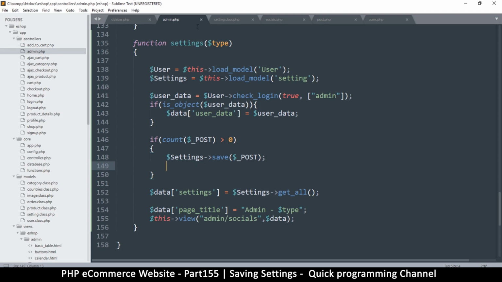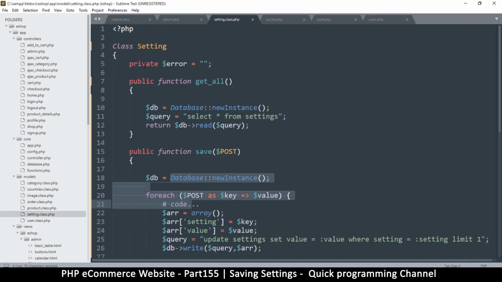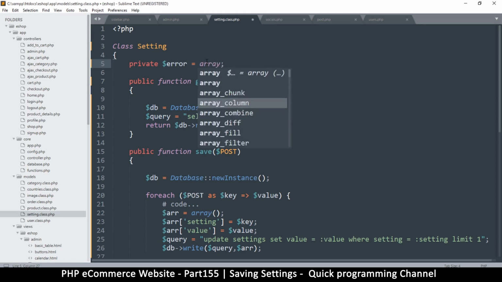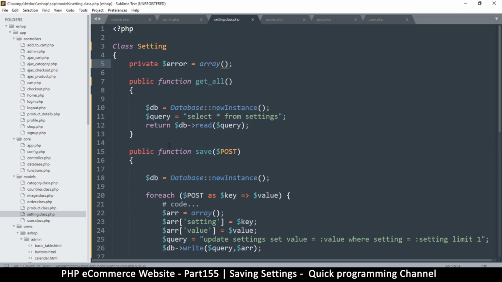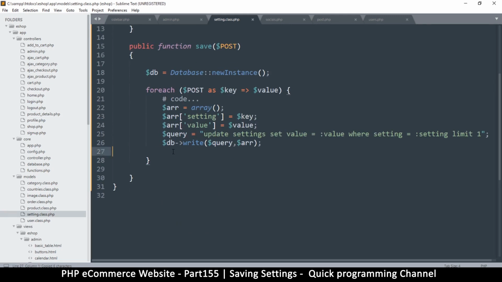But if you are going to put some errors, you'd have to add a property here called error, which is here right there. Now, instead of using a string like this, another way is to use an array. So you can have an empty array like so. And then whenever you find an error, just add the error to error there by doing, you can say something like this